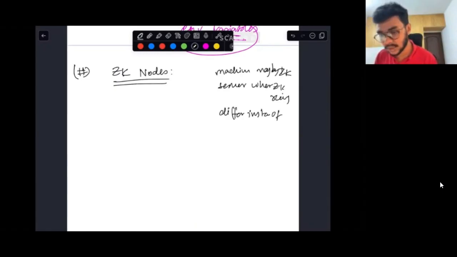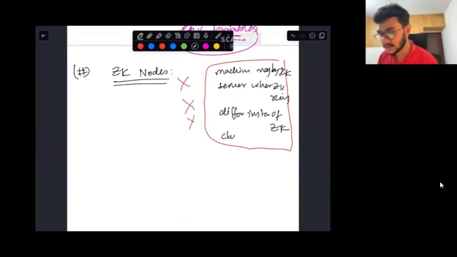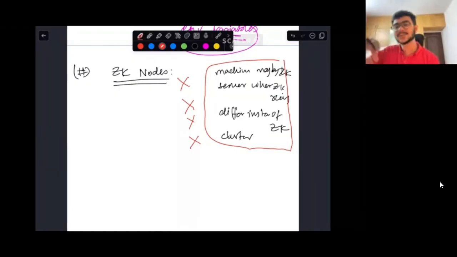of Zookeeper. Okay. So guys, let me tell you, all of you are wrong. Right? Cluster. Okay, fine. Someone has given another wrong answer. Cluster. So yeah, that answer is also wrong. Right? So Zookeeper nodes does not mean the machine where the Zookeeper program is running. This is something that a lot of people get confused about in two cases. Let's say someone does not know about Zookeeper, or they have a very superficial knowledge of Zookeeper, then they will get confused as to what Zookeeper nodes mean, right?